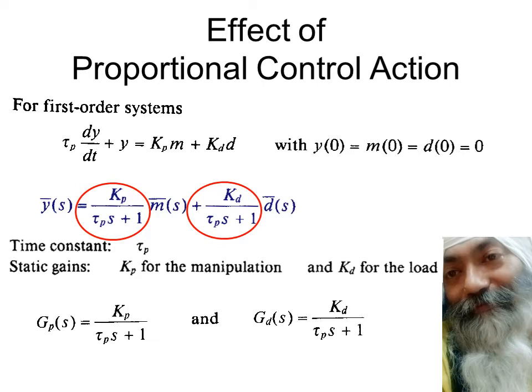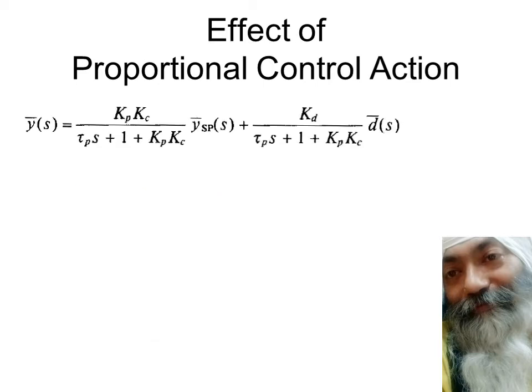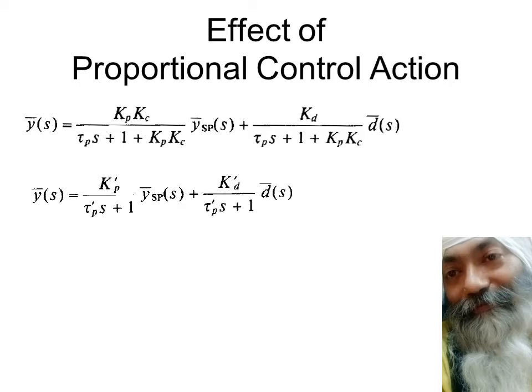So now we will be taking care of GPs and GDs in terms of Kps, Kds and tau ps. So I think it's now very well clear to you in what direction we are heading. Once again, the moment we put the value of GP and GD in the equation which was shown in the very first slide, you get this equation, and from here, because you can divide throughout by Kp Kc, this will become some term.